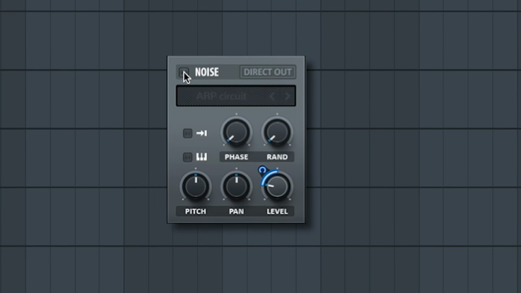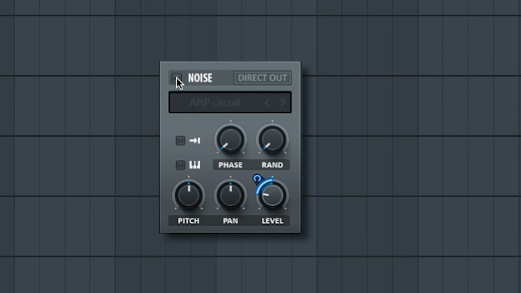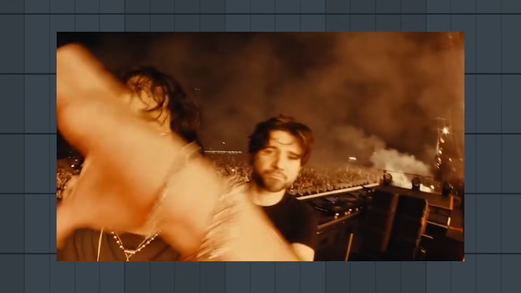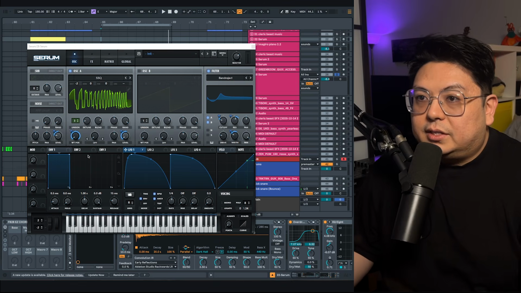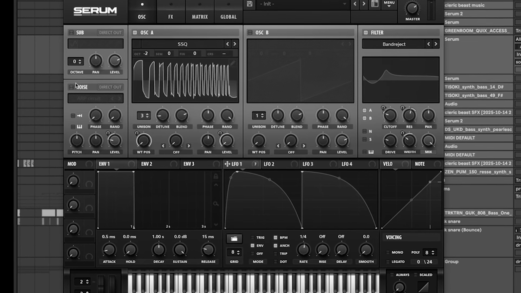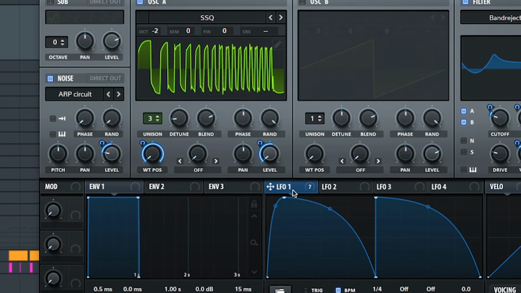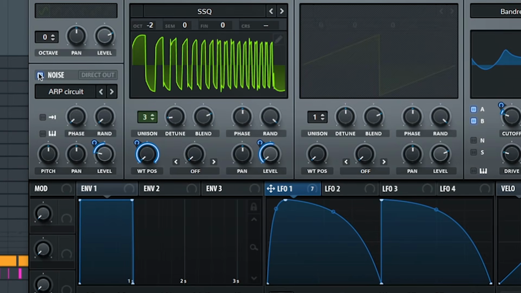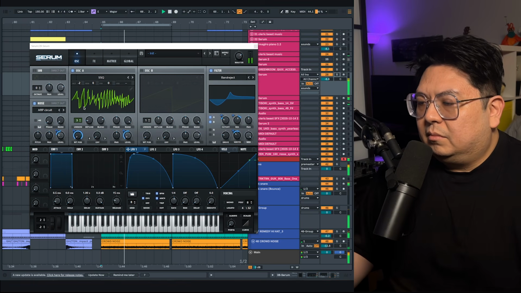This is the noise oscillator, and even though it's a small part of this synth, it's a big part of what makes producers like Skrillex and ISOxo's drops so impactful. Listen to this bass. It sounds a little dull, but if you notice, if I turn on the noise oscillator and map LFO1 to its level,